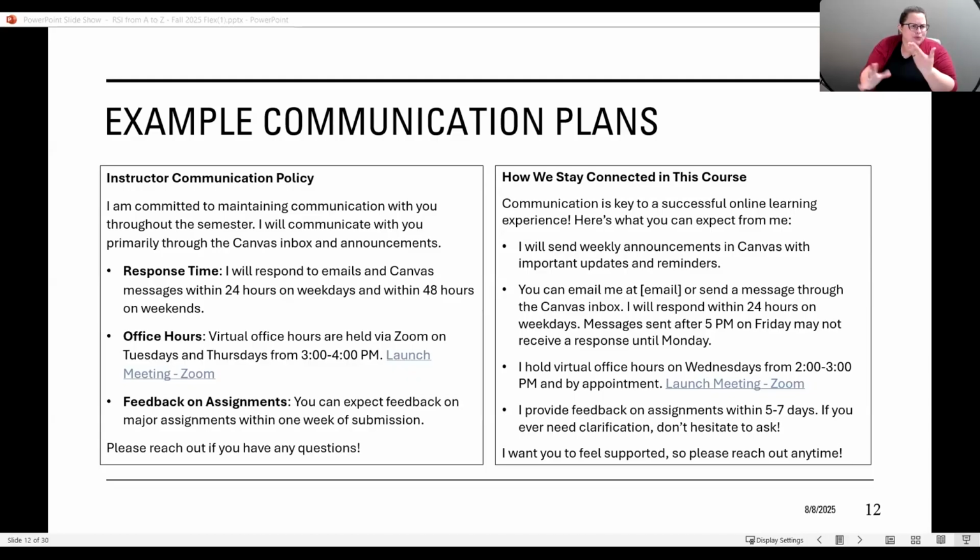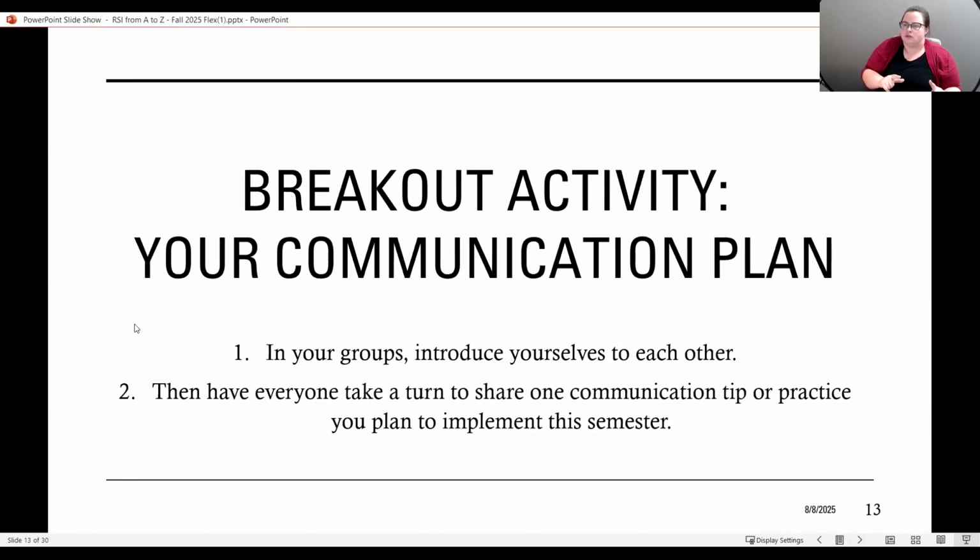Most likely you're already meeting the standard. But think about ways that you can make it explicit. What are some of the things that you would say in a communication plan to your students in your syllabus? Go ahead and we can move to the next one.